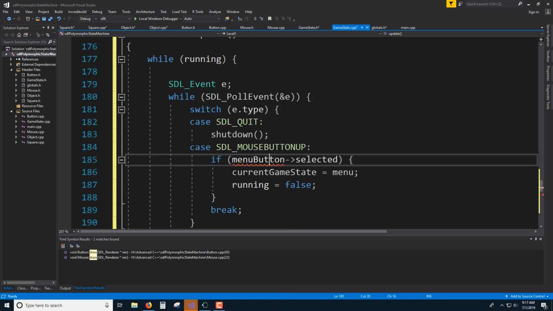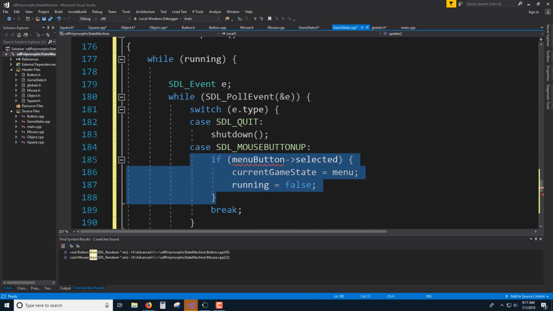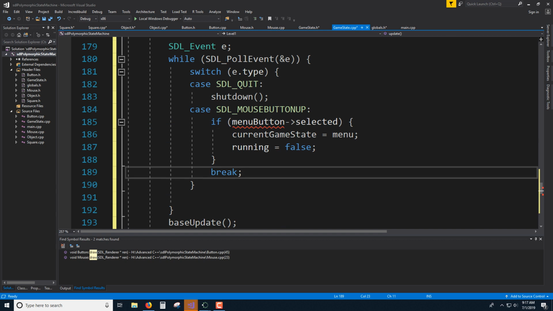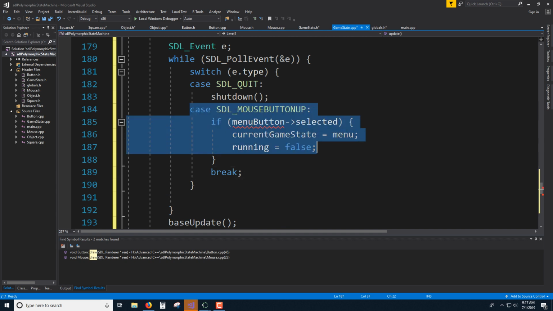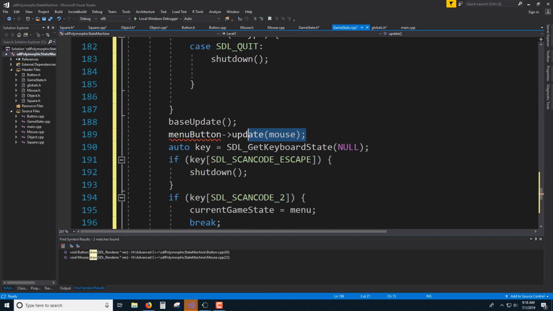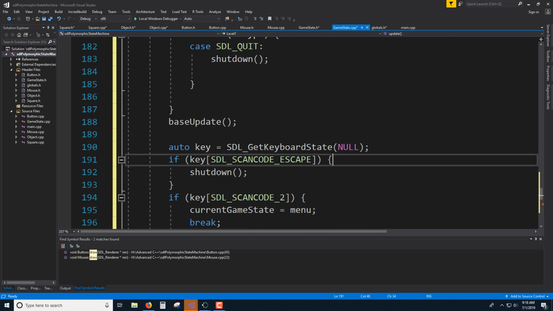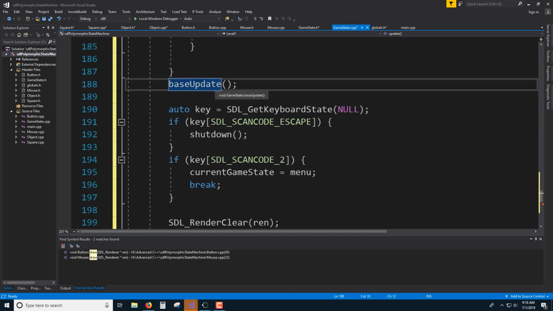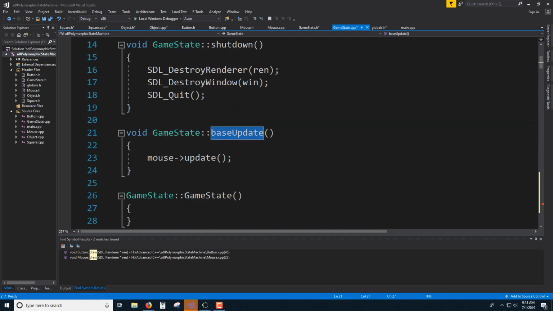Why is it upset about, oh, because I got rid of the button, so I've scrapped that. I'm going to scrap this case for the mouse button. No longer need to update that. What did base update do? It just updates the mouse, so we can scrap that as well. We're not going to have a mouse